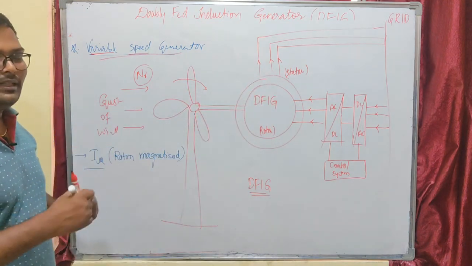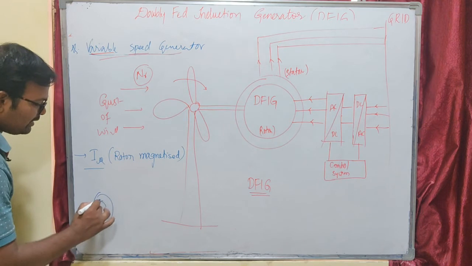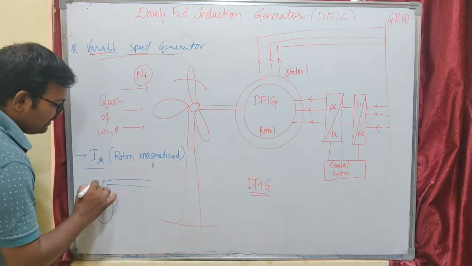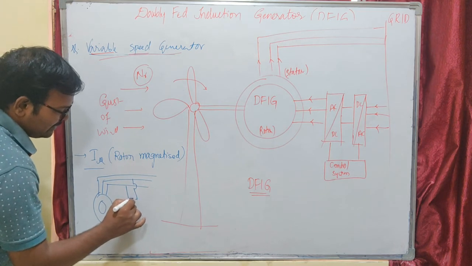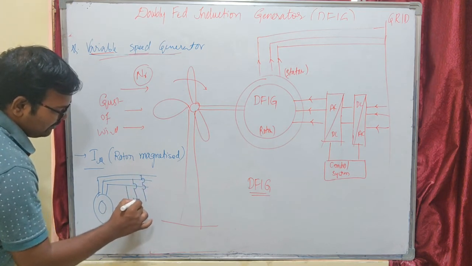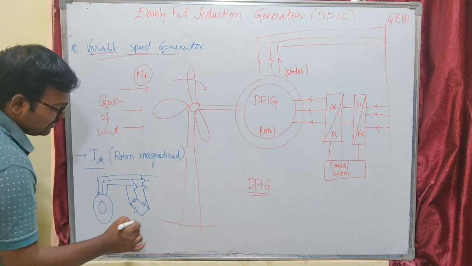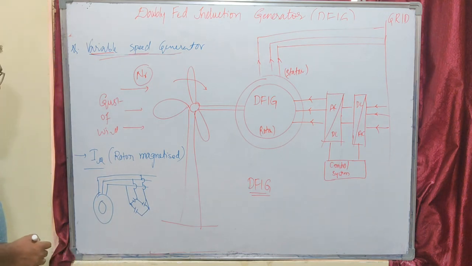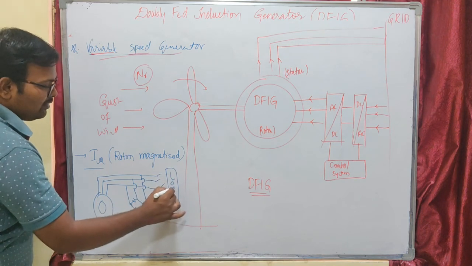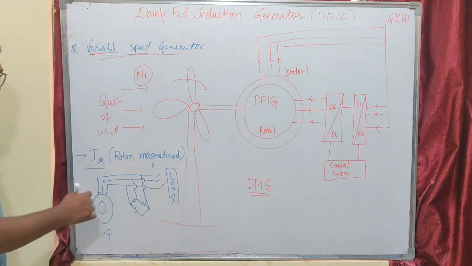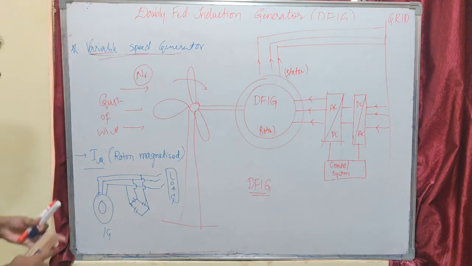In isolated induction generator, your generator has been supplied with a delta connected capacitor bank. You have already seen that, right? It is a delta connected capacitor bank. This capacitor bank will supply reactive power to the load as well as your induction generator. So this is an isolated machine. In grid connected induction generator, grid